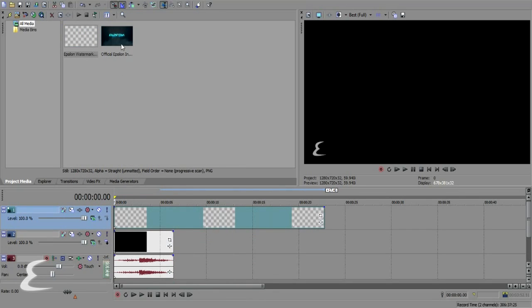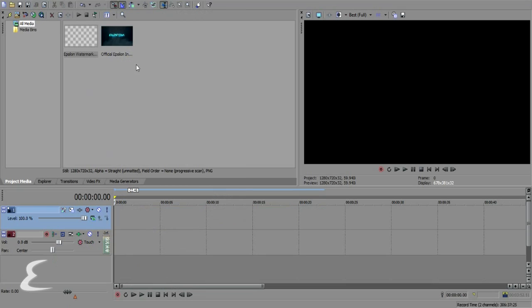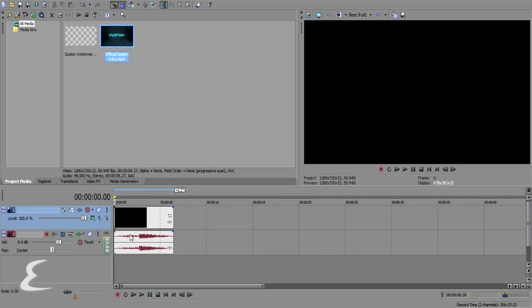So as you can see, this is the timeline. If you want to drag in a clip, all you have to do is like so. You get your clip right here in your project media, your media project handler. You just click on whatever you want to drag in. So I'll click on the Epsilon intro, hold it, and drag it in right here. And you should see an outline of the clip and how long it is, and drag it down as you can see. So when I play it,